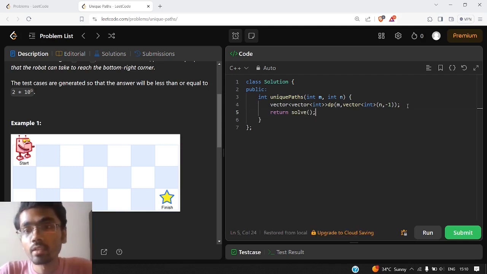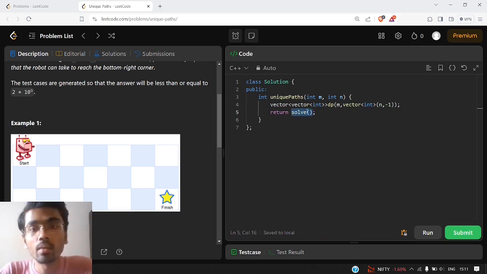So we have initialized our DP table and we are relying on some function that would give us the number of possible ways. What we will write in this solve function we will discuss right now, but before moving on to that,